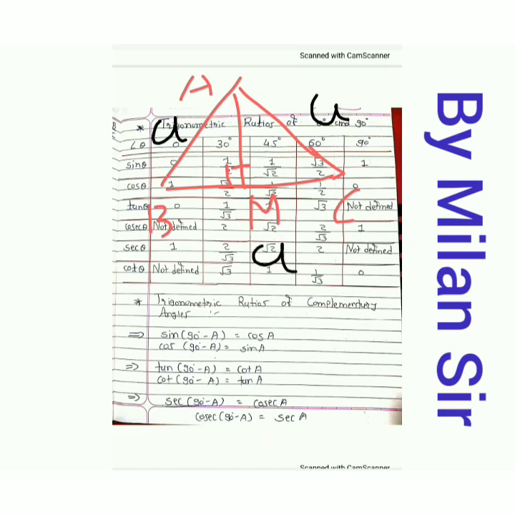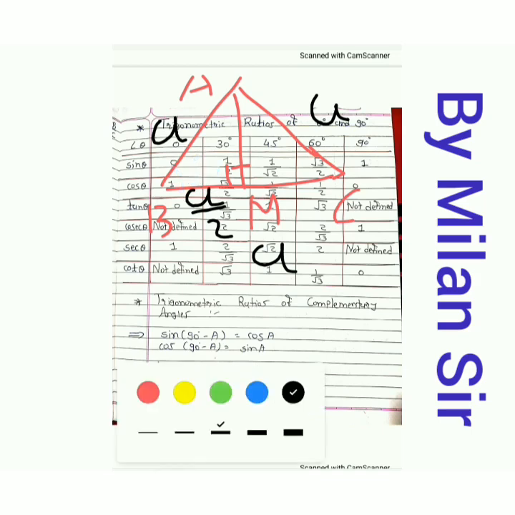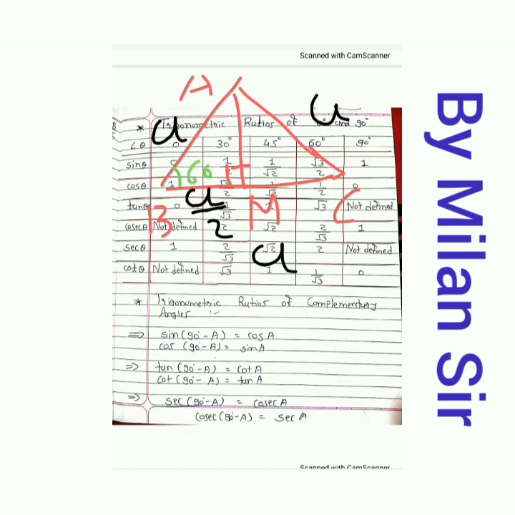Then BM, M is the midpoint of BC, so BM is equal to a by 2, right? And all the angles of an equilateral triangle are equal to 60 degrees. So this is 60 degrees. Now use the angle sum property in triangle ABM. If my angle B is 60 and my angle M is 90, then I get angle A is equal to 30, because the sum of all three angles of a triangle is 180, right?